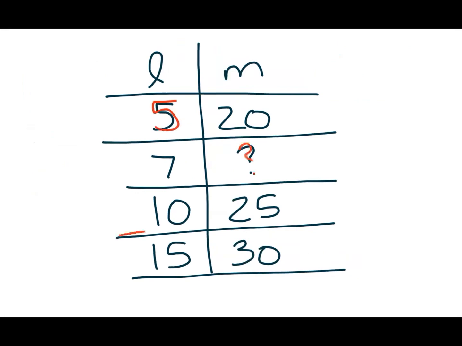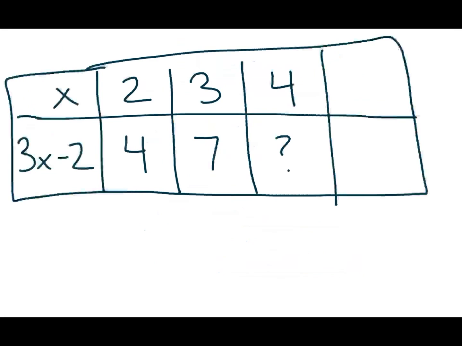So let's move to the next example, copy the table. And in this function, you have when x is a number, to get the other number, you have to multiply it by 3 and subtract 2. So it's giving you the function. So for instance, when x is 2,